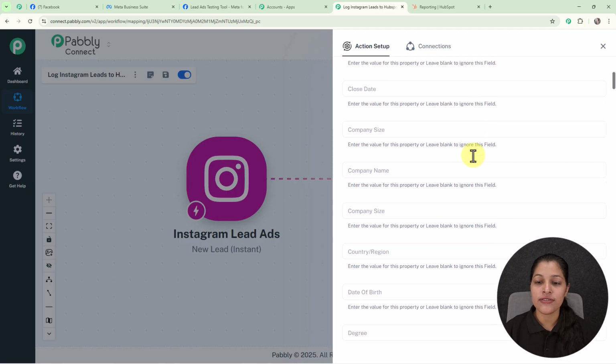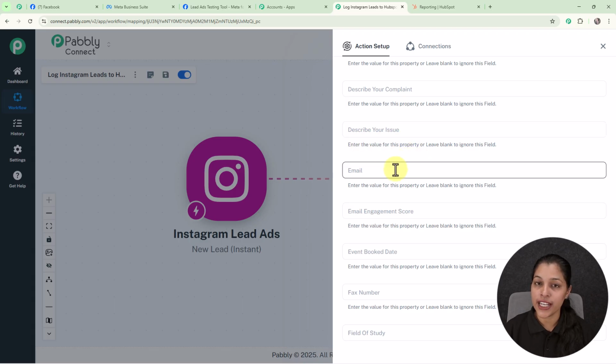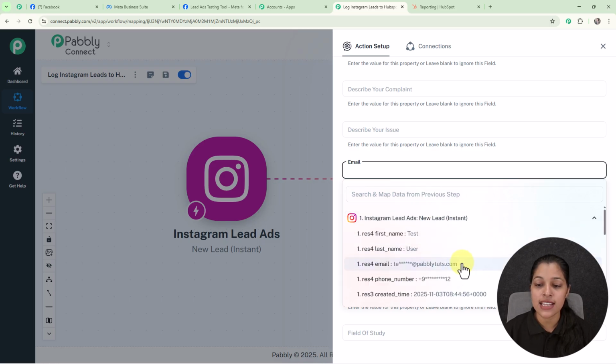Now let's search for the field which we can map. So here you can see I'm getting this field, that is email. So I'm going to map it from the response which I'm receiving from Instagram lead ads, as this is my previous step. So the process of mapping is simple. You have to select the field which you want to map, and from here you can select the application where you are receiving the data. So here I'm going to select this Instagram lead ads, and afterwards I'm going to map my email,